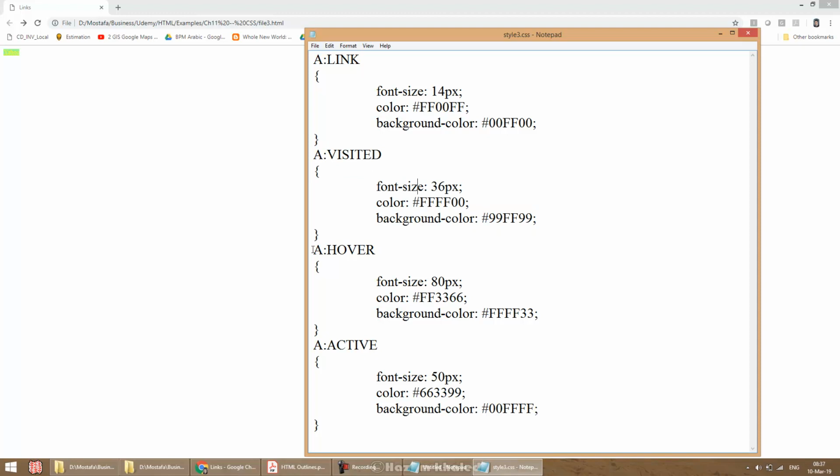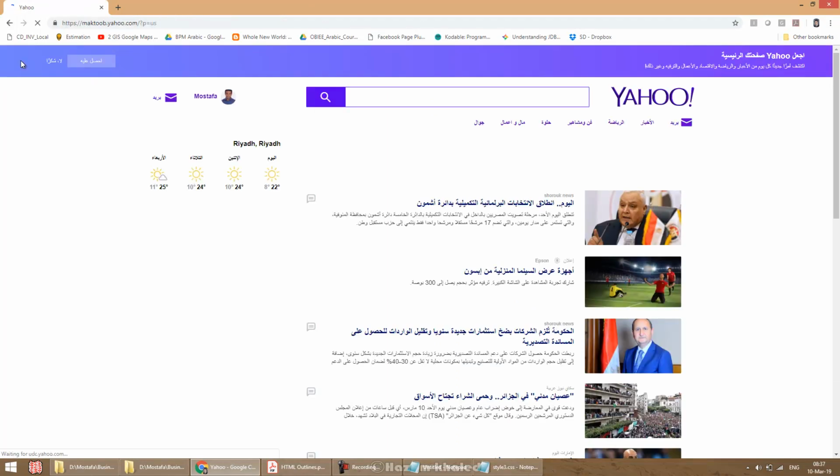Now hover is whenever your mouse moves and hovers over the text. As you can see, I changed the font size, the color and the background color. So this is how it looks different. And active is whenever I click on the link. See, I'm now clicking on the link. When you release, of course, it goes to